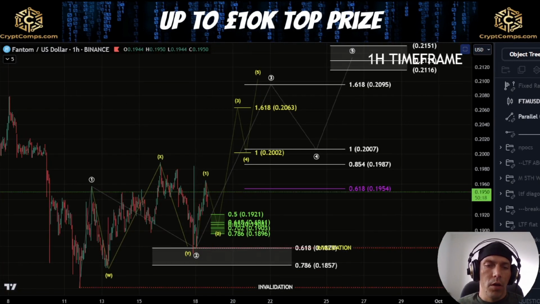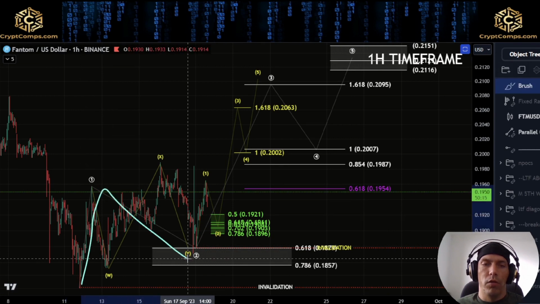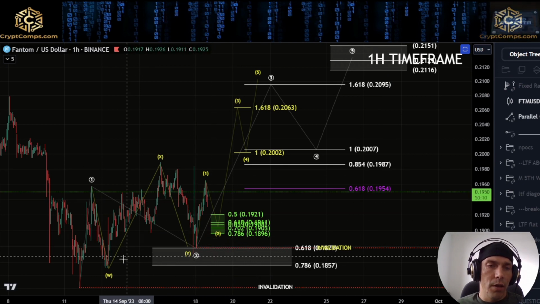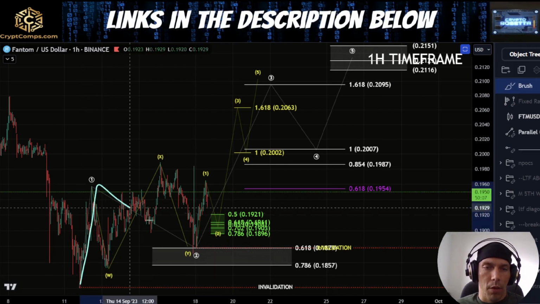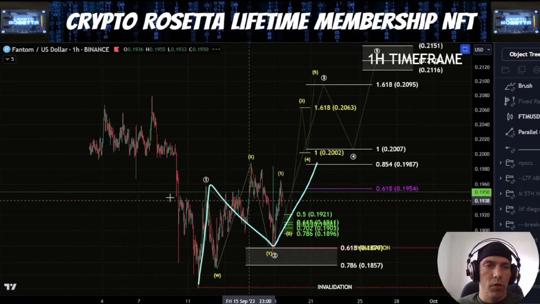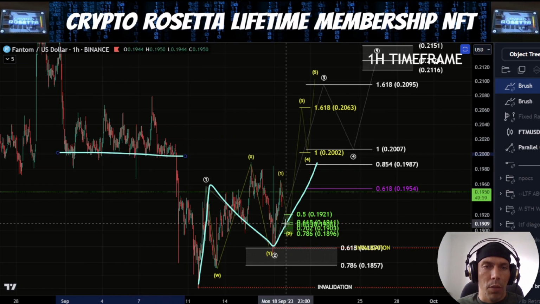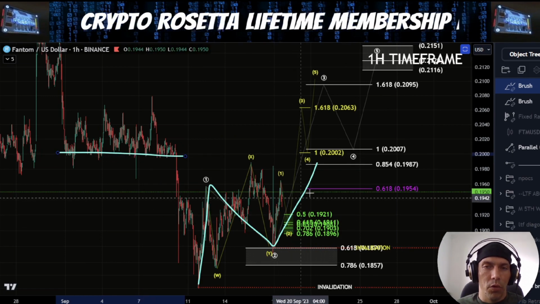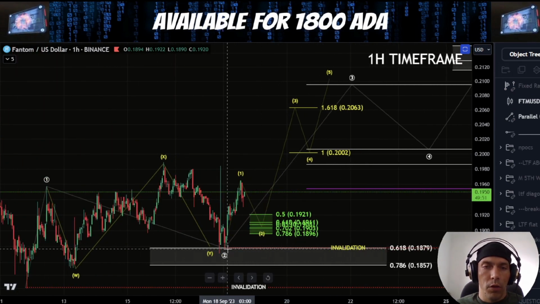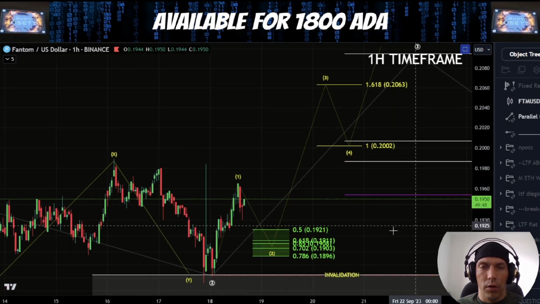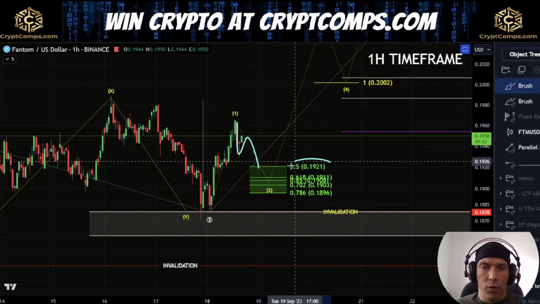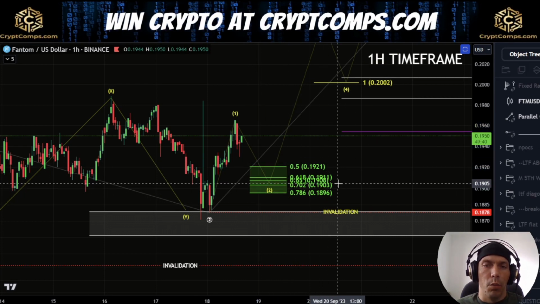Now within this idea, what we'd be saying is that this is wave 1, 2, and we're looking for 2095 as a potential target. Alternatively, if this is just going to become a corrective move where we have this as A, B, and C, this 1-to-1 is sitting here at this 20 cent region, which would be quite an interesting level because it would be a backtest of the support zone that we lost previously. So I'm going to be keeping an eye on that level if we do see price looking to push up there. Now, if we do see this rejection to the downside one more time, where potentially this becomes A, B, and C, this 1921 to the 786 is going to become our next important support zone,